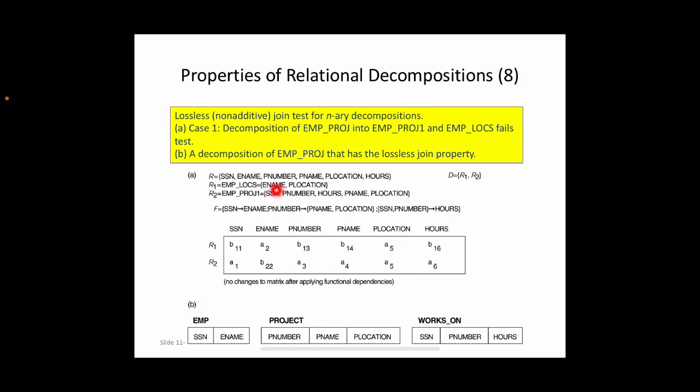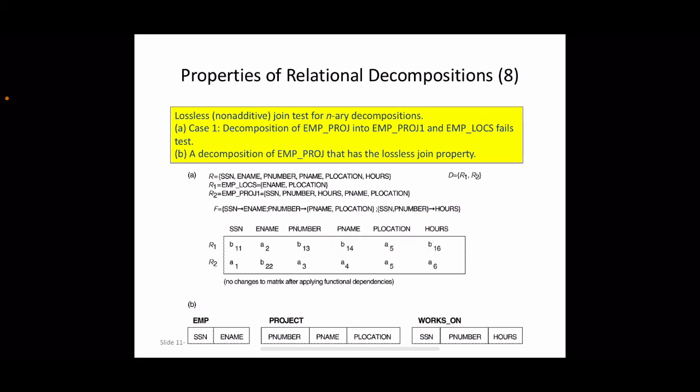Since ename is there in R1, we put an A value here, that is A2, where 2 is the corresponding column number. A indicates that the corresponding attribute is there in the corresponding row. And what about pnumber? pnumber is not there, only plocation remains, so plocation will be put as A5. The remaining will be B's itself.